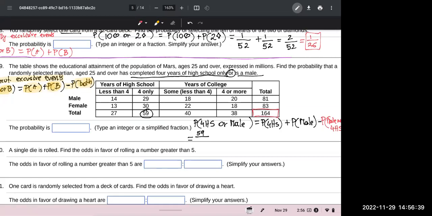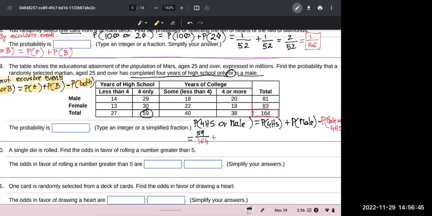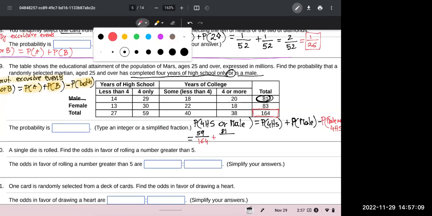So divide by 164. Plus, next I have to calculate the probability that we'll select a male. So the total amount of male. So here we have male. Again, here we do not worry about educational status. The total amount of male is 81. Divide by total, which is 164,